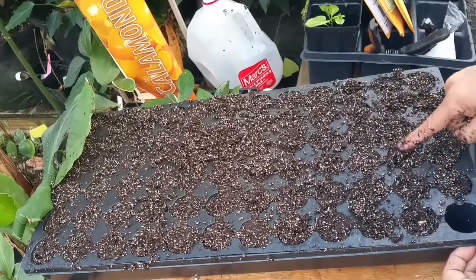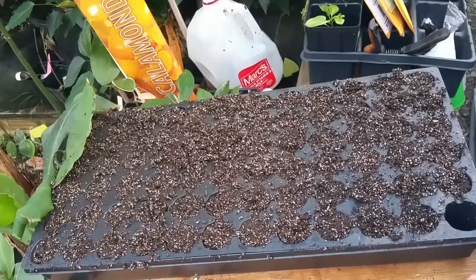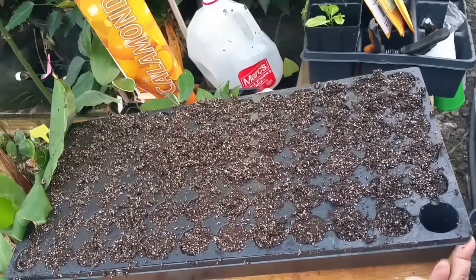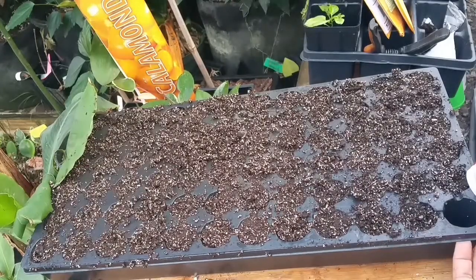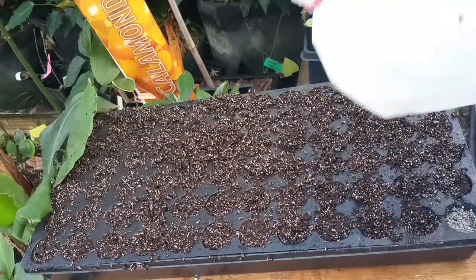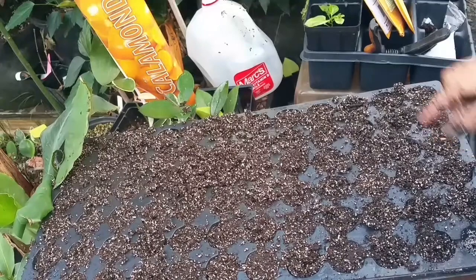Okay, so when I grow my seeds in the seed tray, I leave one hole like what you see here, because this is perfect for me when I pour the water. If I pour water here, it's easy, just like that. So I don't need to spray, I just pour water in the hole. Then after I'm done with my germination,